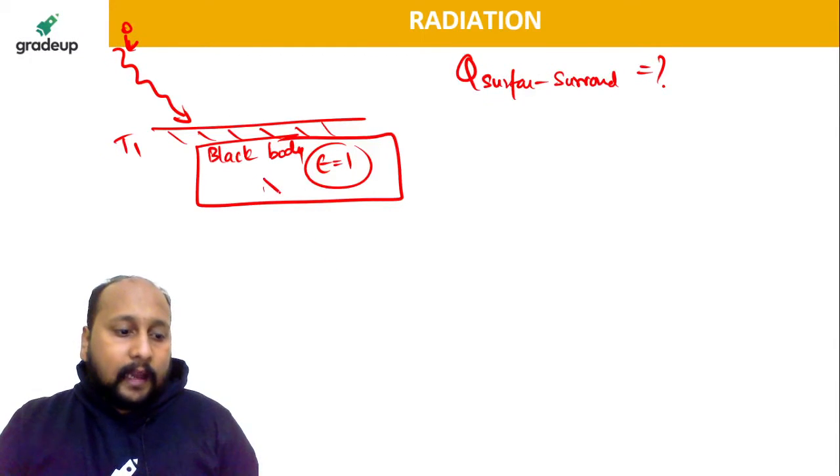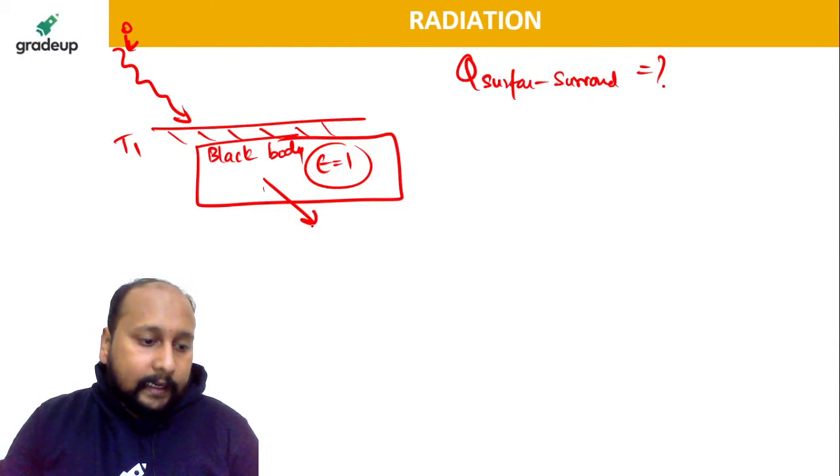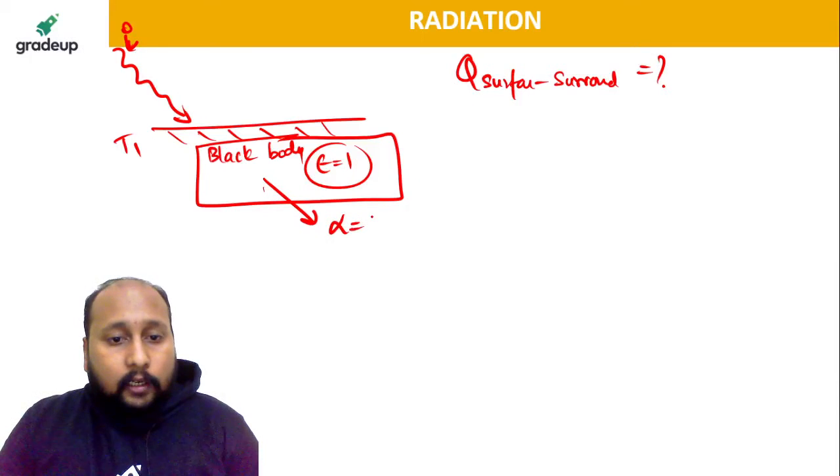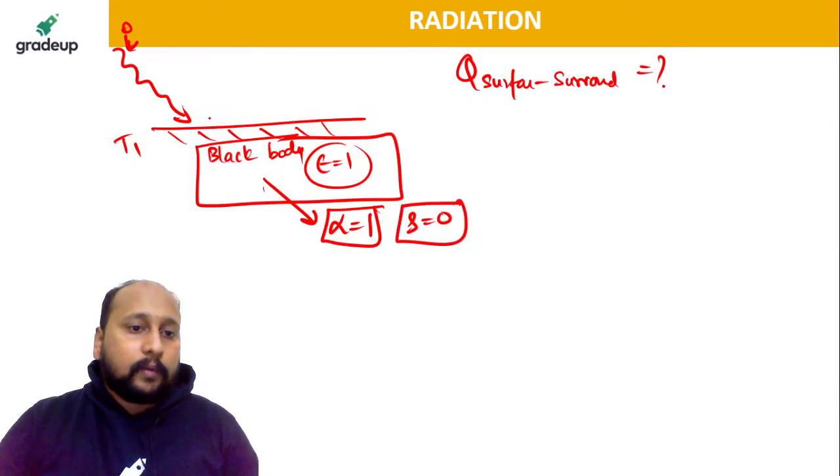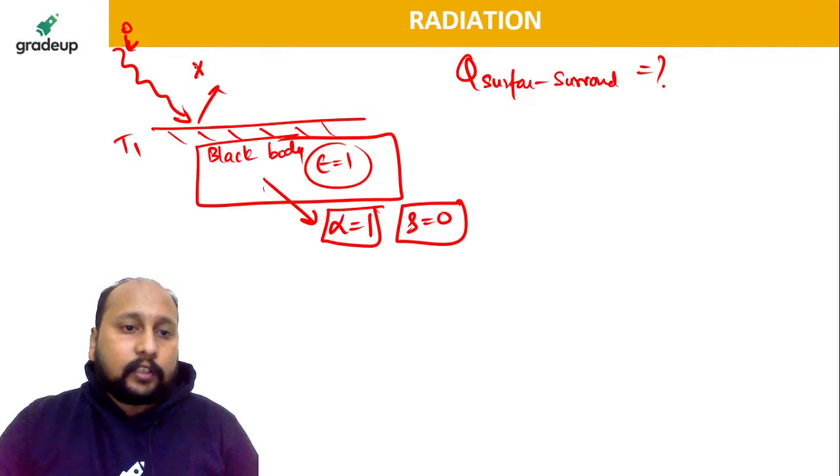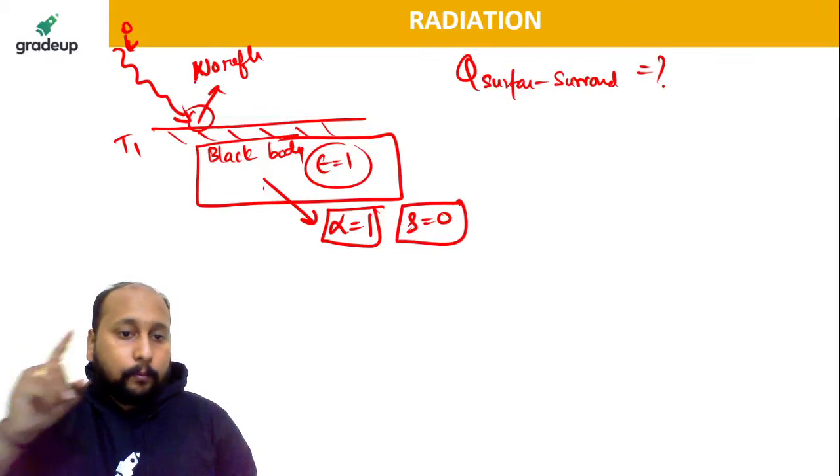Sir, we know that for a black body, very good, alpha is equal to 1. Your reflectivity is equal to 0. Reflectivity equal to 0 means no reflection. That means everything will be absorbed. But my dear friend,